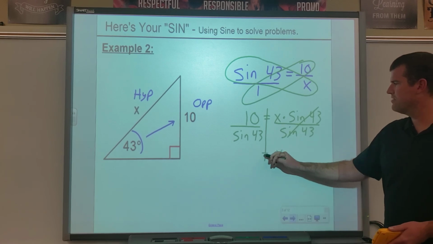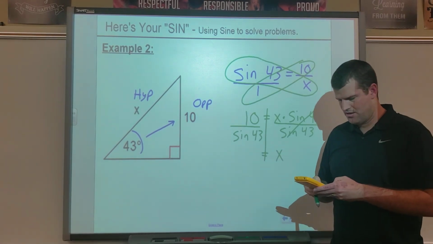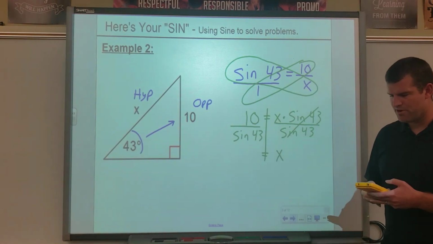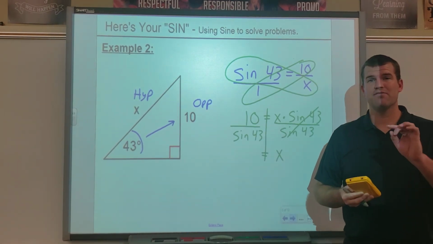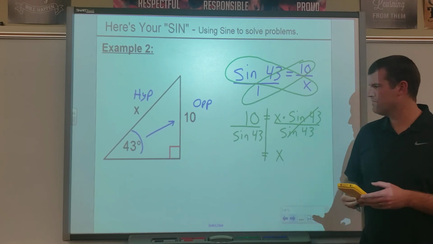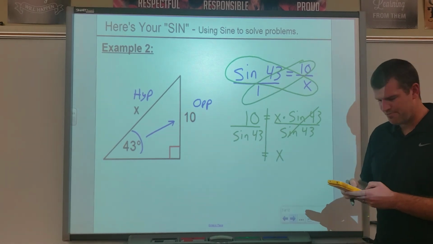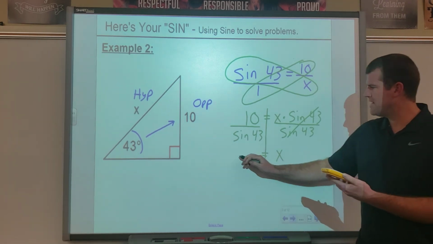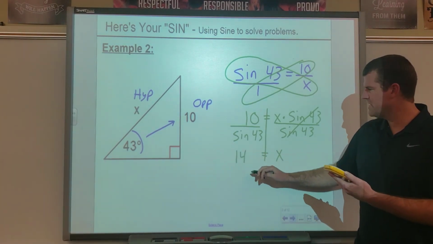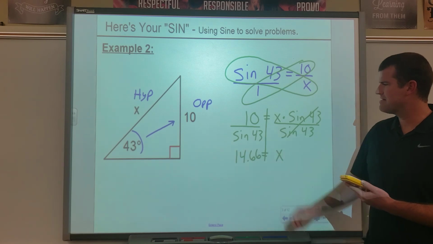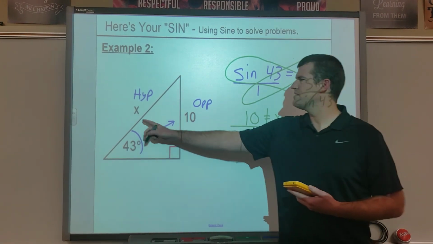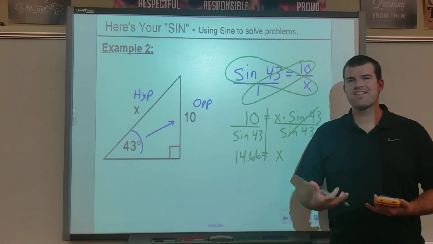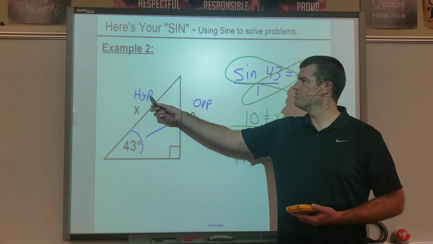So in my calculator, I'm going to do 10 divided by, and then sine 43. Your calculator might have to hit 43 and then sine, but hopefully you figured out your calculator at this point. And I get that x is about 14.66. So the length of this hypotenuse is about 14.66 units,